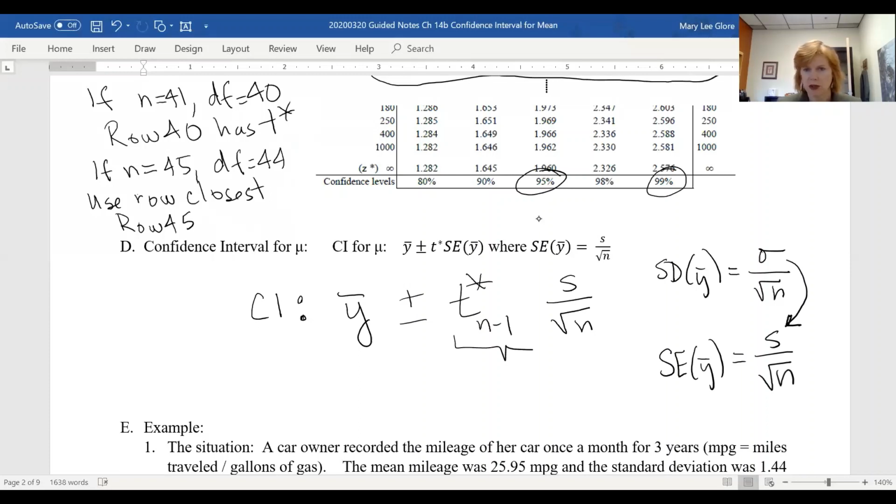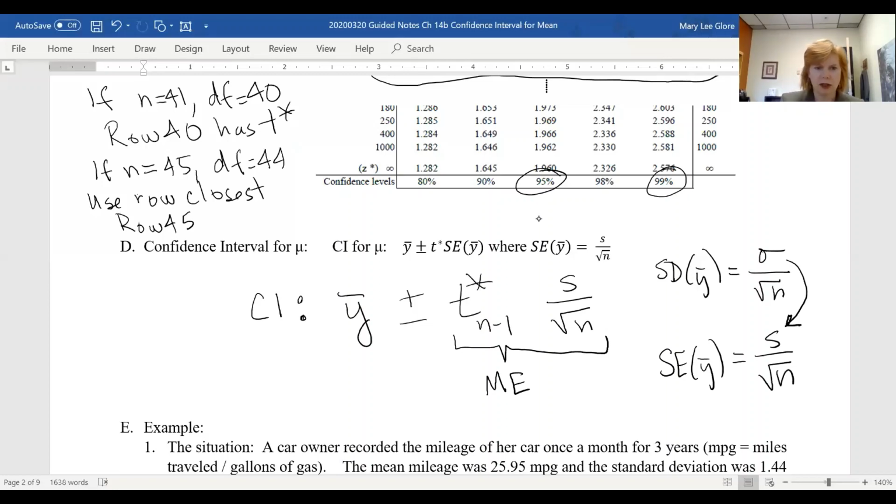This whole thing on the right, you remember what that's called? The plus or minus part? That is called the margin of error. All right, that's the amount that you add and subtract from y bar. That's how close I think y bar is to mu with my given confidence level. Okay,